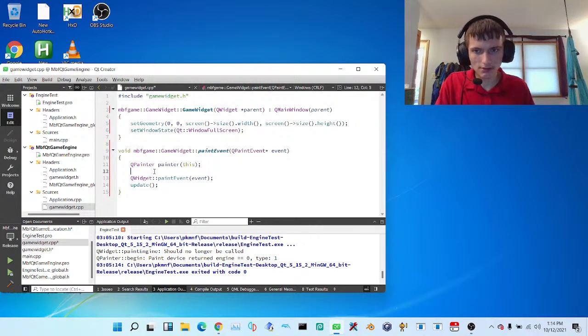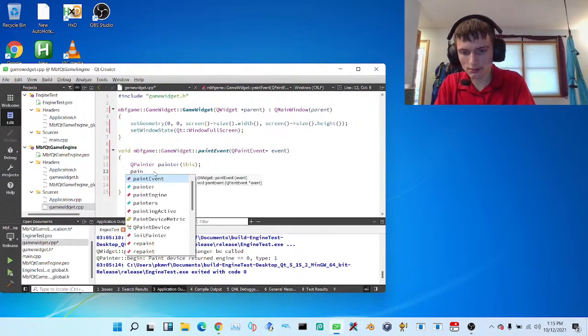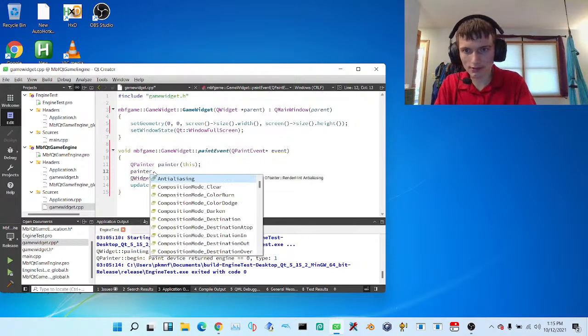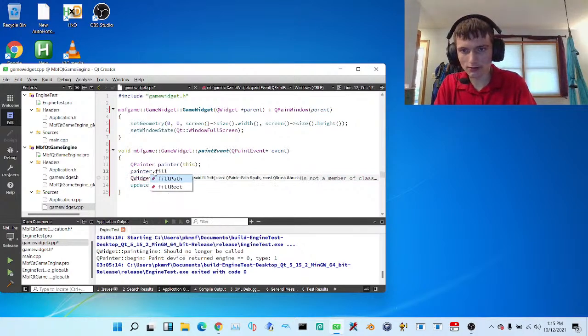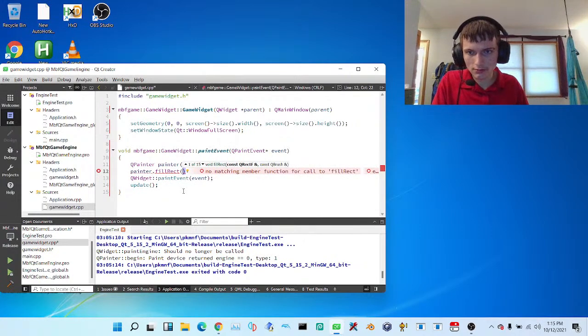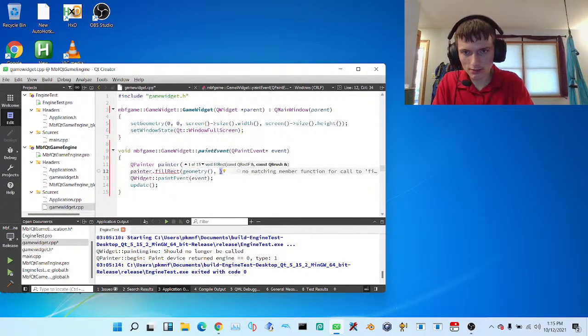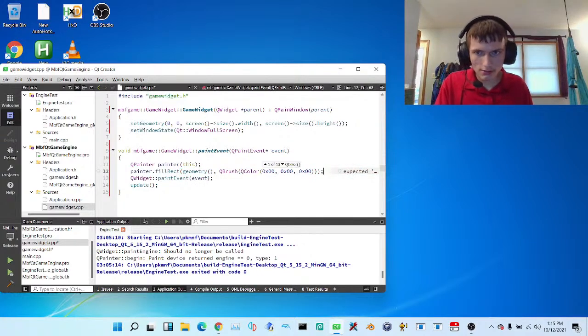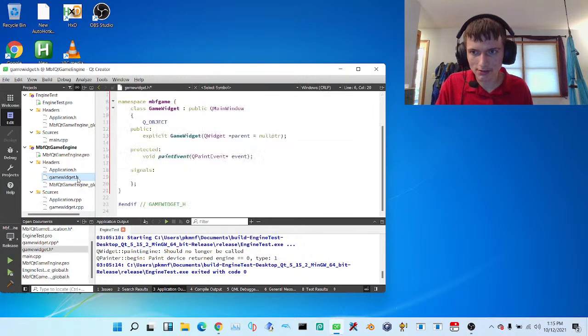And then, let's see here. What else do I want to do? Oh yeah. Painter. No, not paint event. Painter dot. No, not draw. fillRect. And then we do geometry, QBrush, QColor, 0x00, 0x00, 0x00. Basically what that should do is make the window pure black, which is what we want to do because, you know,